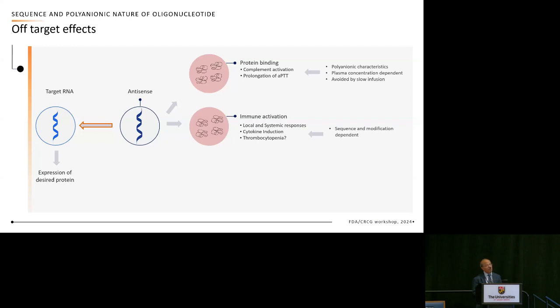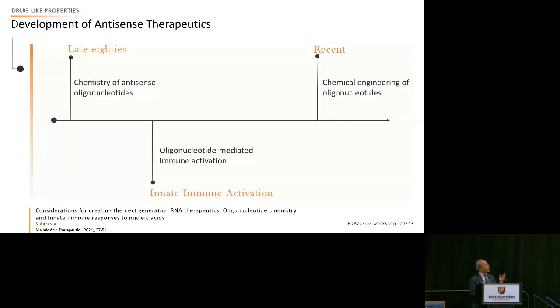But now we know that the protein binding leads to, due to polyanionic nature, complement activation, and that's dose and infusion dependent, and that can be avoided. But the immune activation is sequence and chemistry dependent, and how can we learn more about it based on the current knowledge we have? And so that takes me to the second topic of the talk, which is oligonucleotide-mediated immune